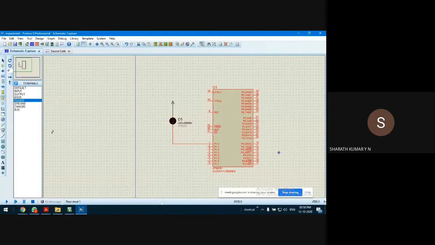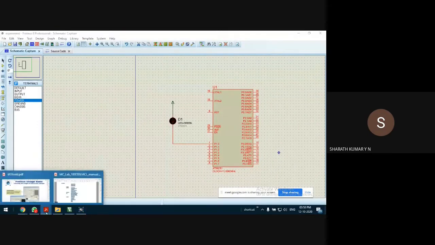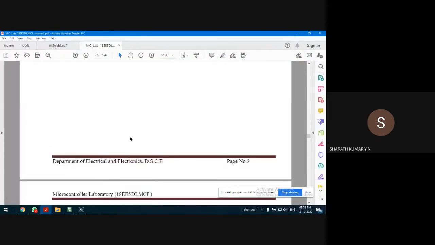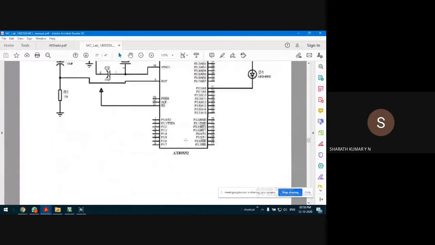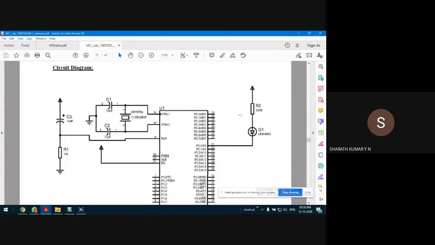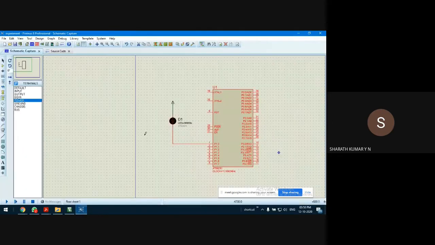Later I'll show you using the Keil compiler. Okay, guess what's the next step? It's very simple. Guys, one more thing I'm missing here is the resistor. There should be a resistor connected to the anode of the LED, that I have not connected. Without that it's working, that's okay. So next is very simple, guys. Go to the left bottom portion. There is a simulate icon. Click on that.